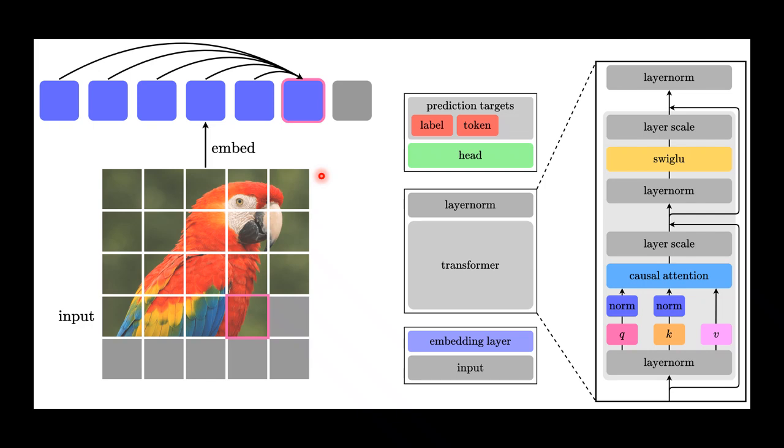To make this work at scale, the authors introduce several architectural refinements to the transformer network. They apply QK normalization to stabilize attention. They use SwiGLU activation in the feed-forward layers for better expressivity. And they use layer normalization without learnable parameters combined with learnable layer scaling, which improves training stability.